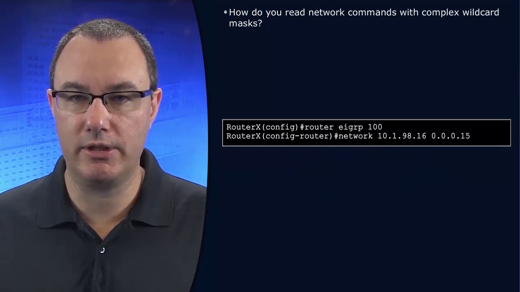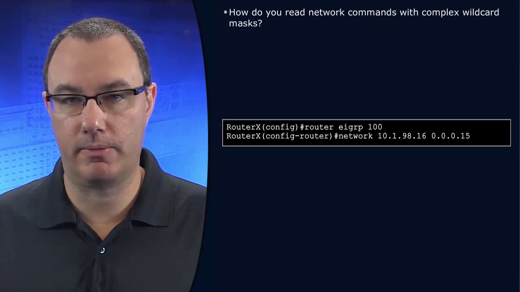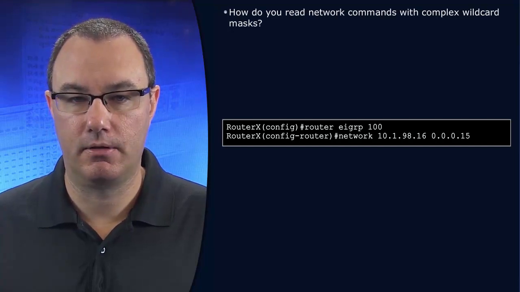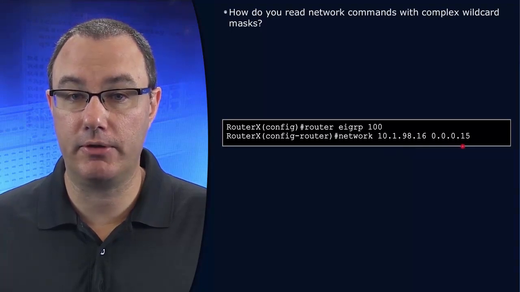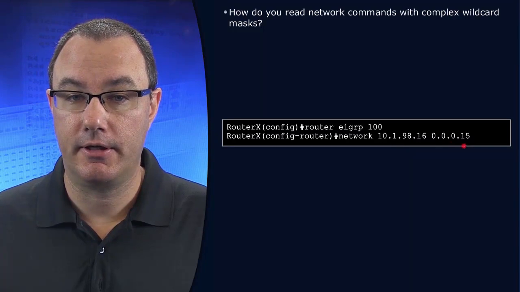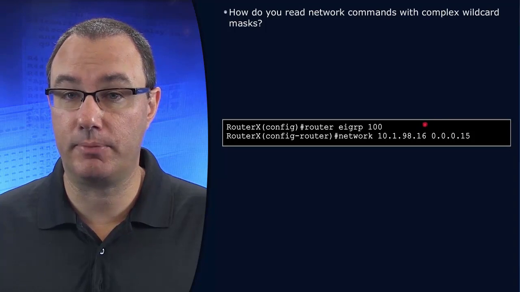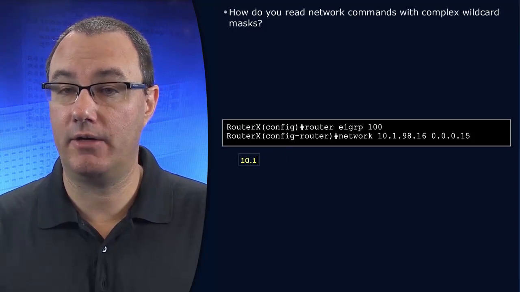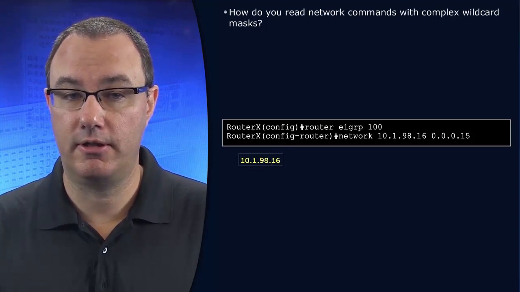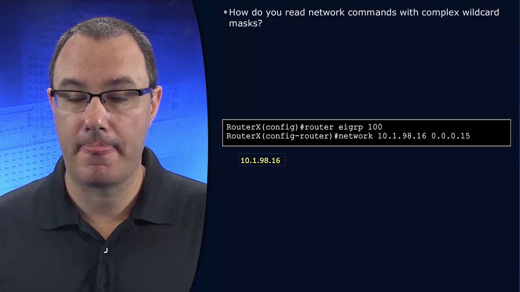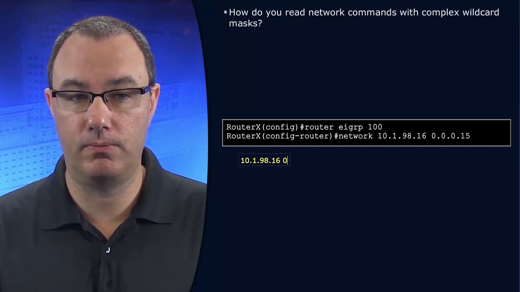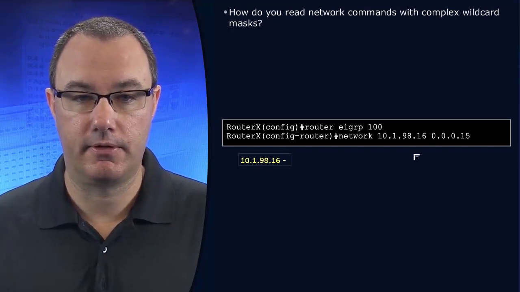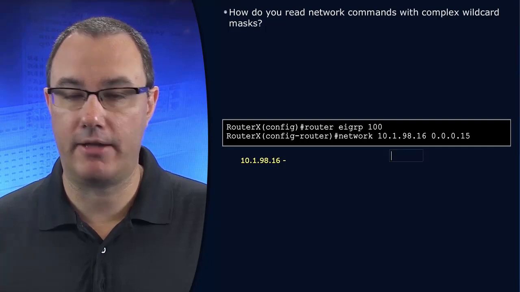Let's make sure we can read a complex wildcard mask for EIGRP. We have to remind ourselves that the wildcard mask is merely a range operator. And to find the end of the range, we add the wildcard mask to the IP address that's supplied. So let's write this out. The beginning of the range for this network statement would be the IP address that is supplied through, we'll do the math in a verbose form,